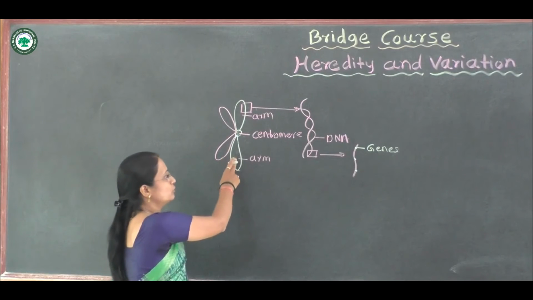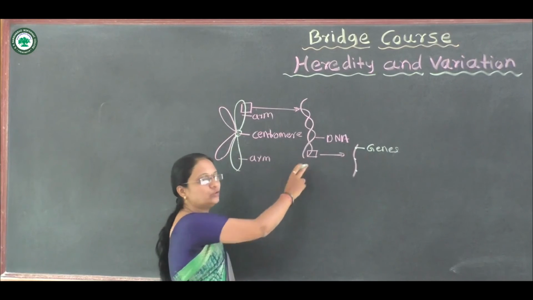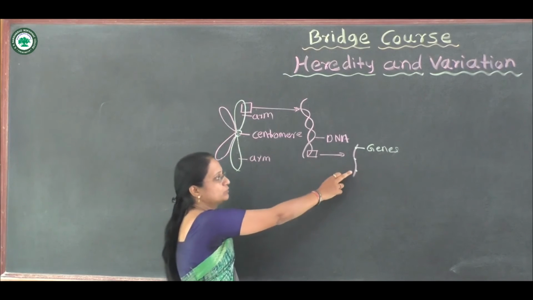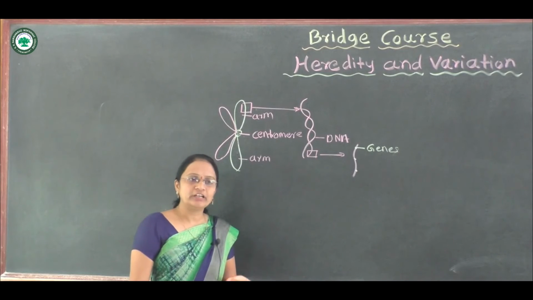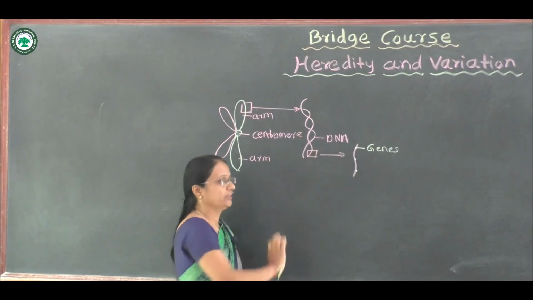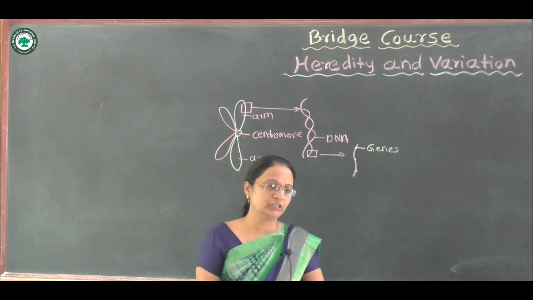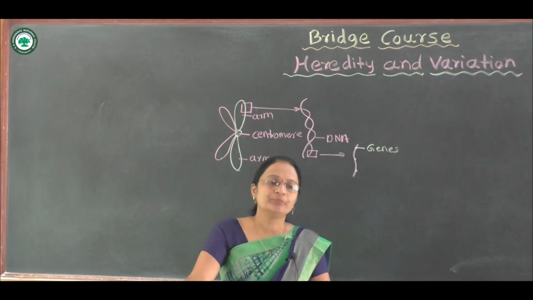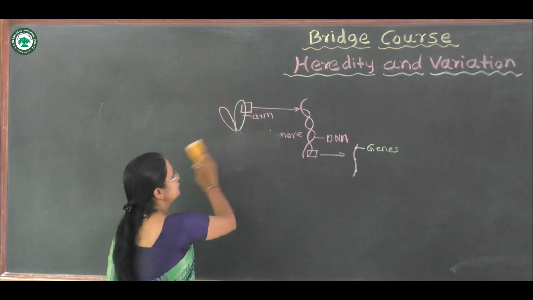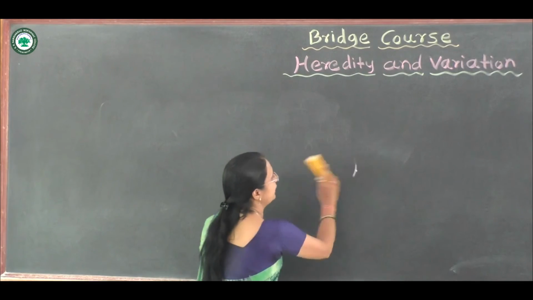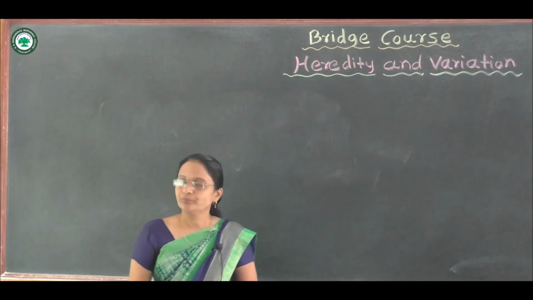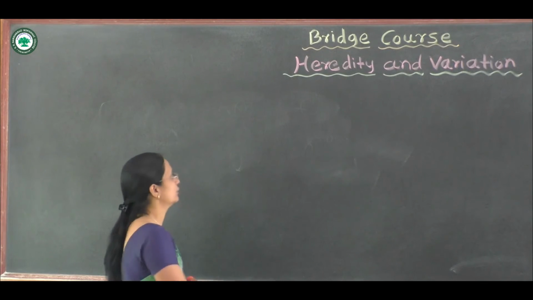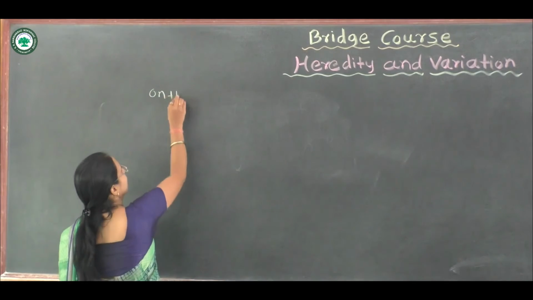The chromosome is made up of DNA, and when you magnify one part of a DNA, you observe the genes located on the surface of the DNA. Indirectly we can say that a gene is nothing but a segment of DNA. Now, how many types of chromosomes are present, and how do you identify these types? As we know, the chromosome has two arms, and on the basis of